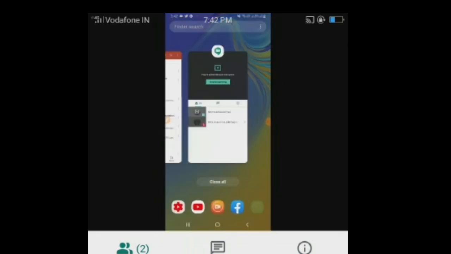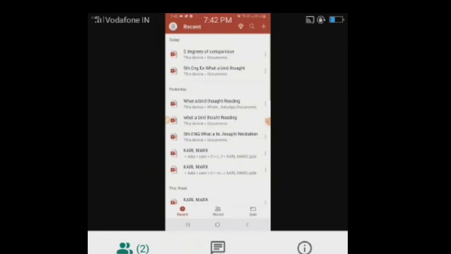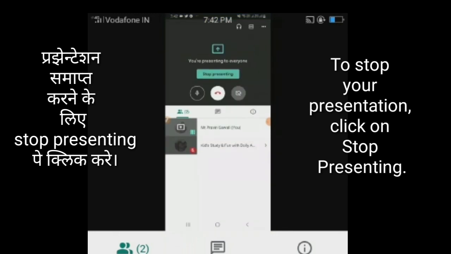Not only PPT, PDF file, any file you can show to the student and explain it. See here, stop presenting. If you click on that, your presentation will be automatically stopped, and afterward you can have a live chat with your students. If a student has any doubt, they can ask you during the live chat.